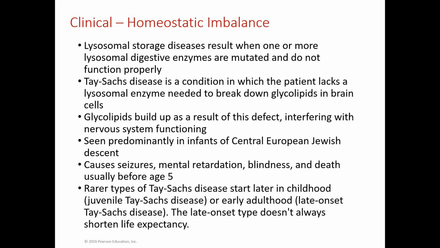gene prevents the production of a certain lysosomal enzyme that will break down the accumulation of a glycolipid, a fat in the brain. See, during development of the central nervous system, we accumulate certain lipids during this production process, but we don't let them get too excessive. We don't let them get too big. We break them down. But if that enzyme isn't there to break down those lipids, then the lipid accumulates and starts putting pressure on the brain and on the central nervous system, on the spinal cord as it's developing, ultimately causing